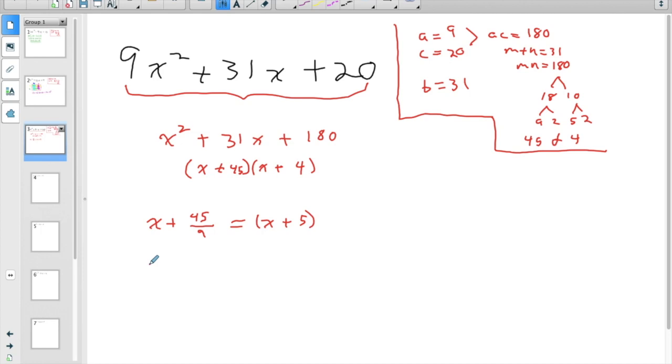The other factor, x plus 4 divided by 9, well, those don't go into each other. But I can rewrite it as 9x plus 4. So what we have as our final factored product, the final answer, is x plus 5, 9x plus